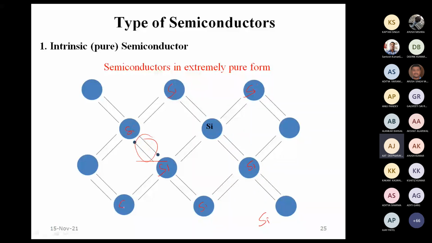And suppose we now give some excitation, some energy from somewhere, even thermal energy will work here. Then what may happen? The electron may get energy and come from the bonding state to the free state. That is what we have seen previously, that the electron is coming from the valence band to the conduction band.